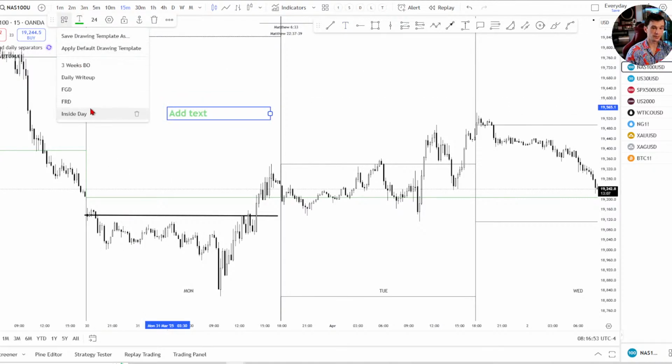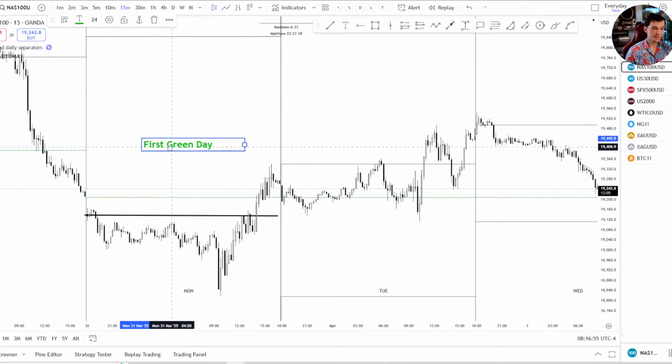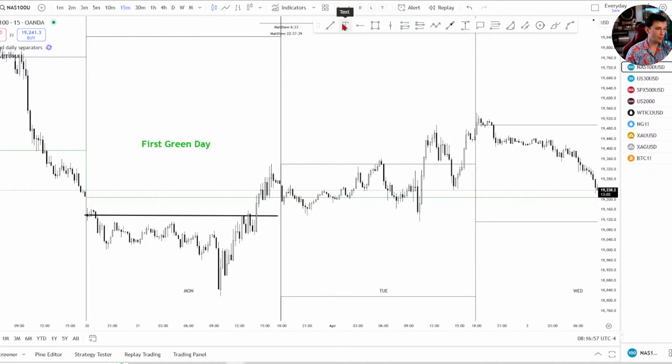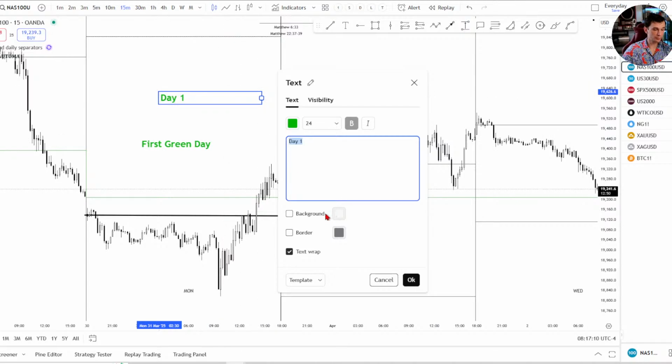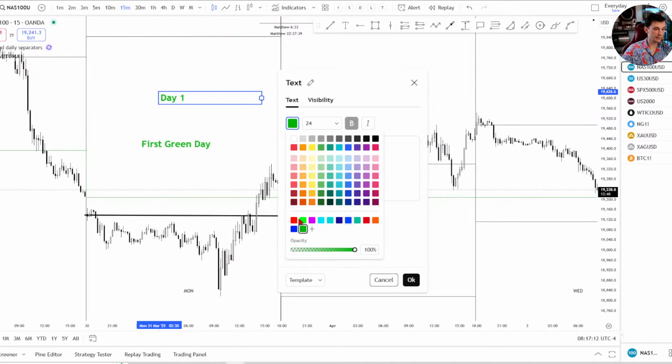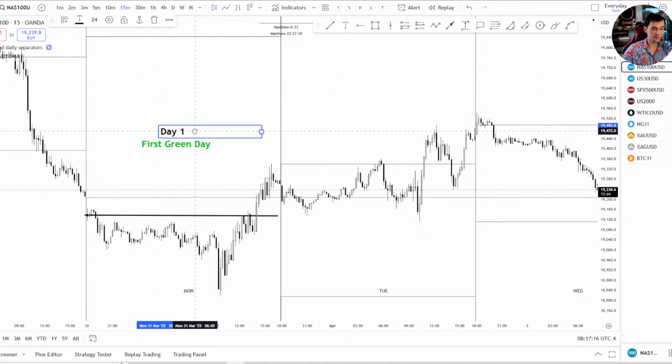Get that put up there for you all. Monday was first green day. Monday was also day 1 of the 3-day cycle. I know that I'm not very good sometimes at putting this up there for you all because, to be really honest, a lot of people get confused by the 3-day cycle, and I don't like doing that. I don't want to confuse people. I only want to help when I do these streams and when I do my videos.